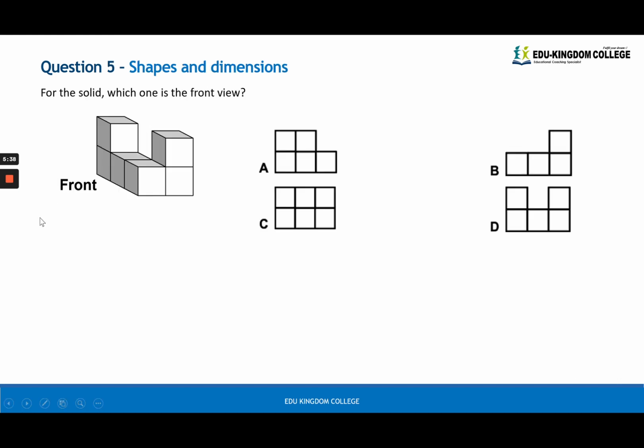From the solid, which of the following is the front view? You can see the front labeled here, and you can actually see it with the dimensional shading. Okay, the darkest shading is the front, and it's all the same shape. Okay, so if you were to actually join up this dark bit, you would get something that looks like that. Okay, there's 1, 2, 3. Sorry, let's try again. 1, 2, 3. There we go. Okay, something that looks like that, which is option D.